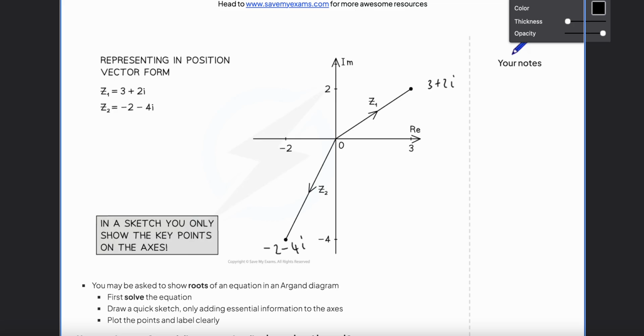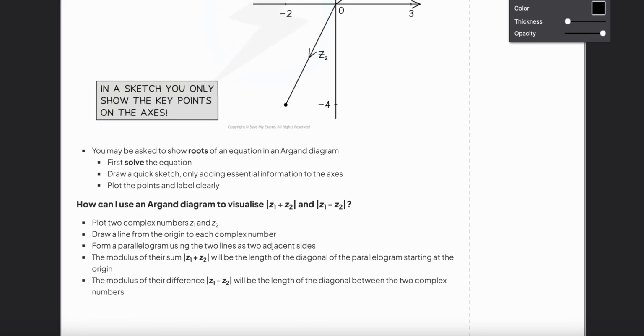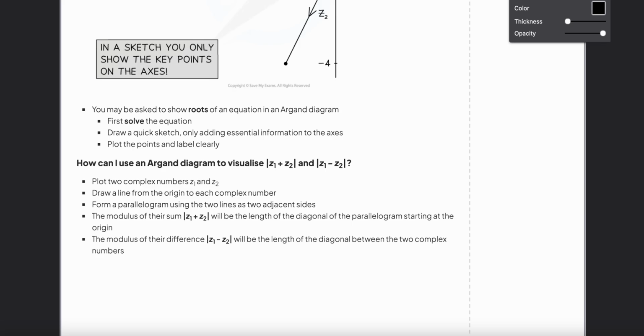Okay, so we're going to be using this knowledge when we want to represent the roots of an equation on an Argand diagram. We may be asked to show the roots of an equation on an Argand diagram. So what you just need to do is solve the equation and draw a quick sketch, only adding essential information on the axes. By that we mean